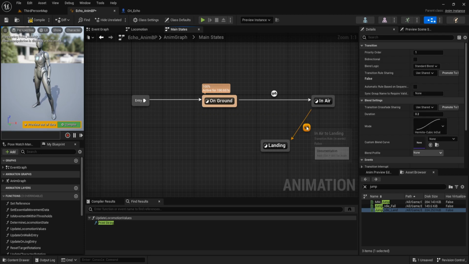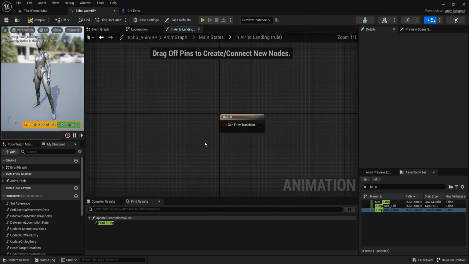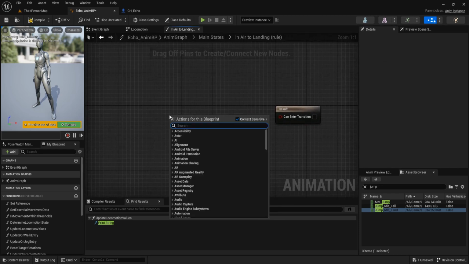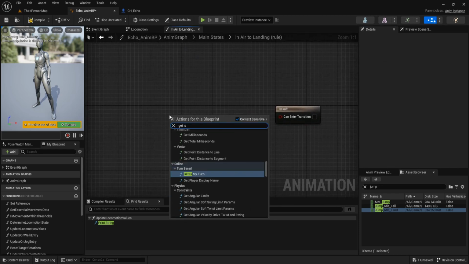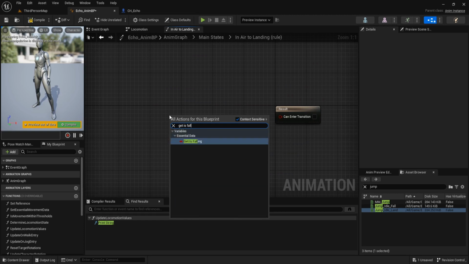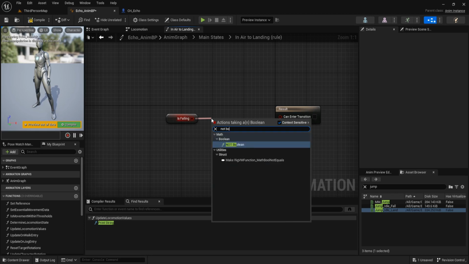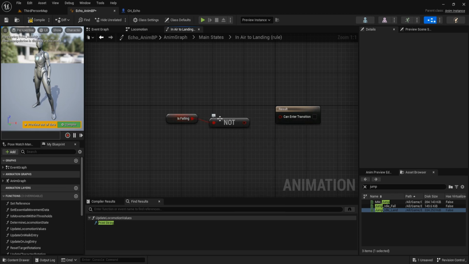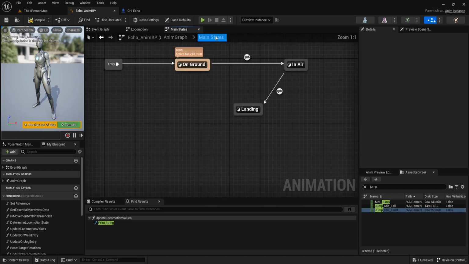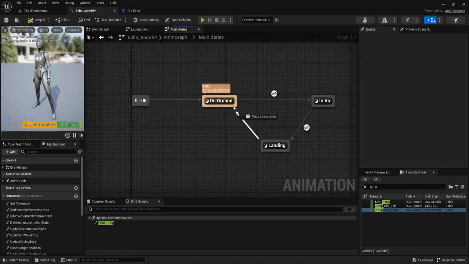Set the transition duration to 0.1. We transition when it is not falling. Not Boolean. And connect to can enter transition. And transition to on ground.